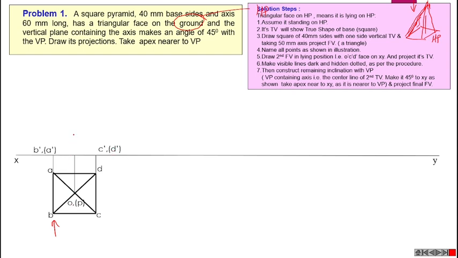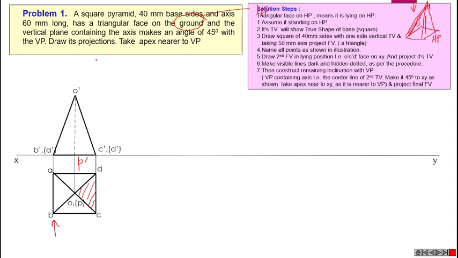Then we can represent the axis. Here the axis height is equal to 60 mm. We can draw the axis like this. Then we can name it O dash P dash, and then we can complete the front view like this. Then we know that actually this triangular face